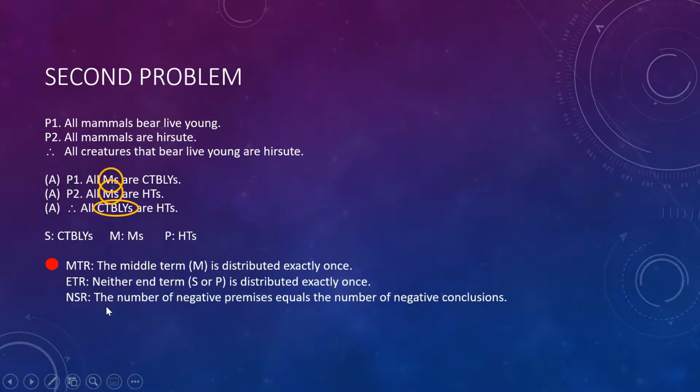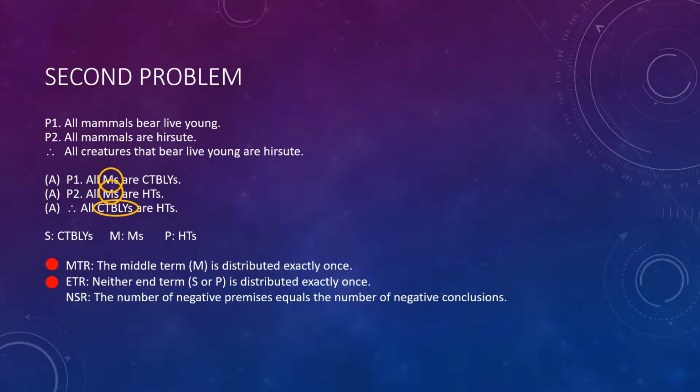Let's look at the end term rule. Neither end term is distributed exactly once. Let's check out the subject term first. Creatures that bear live young appears twice. It's distributed once. This violates the rule. Just to be complete, let's check out the predicate term, hirsute things. It appears twice and is not distributed at all. So actually the predicate term satisfies the end term rule, but we consider the rule violated because the subject term